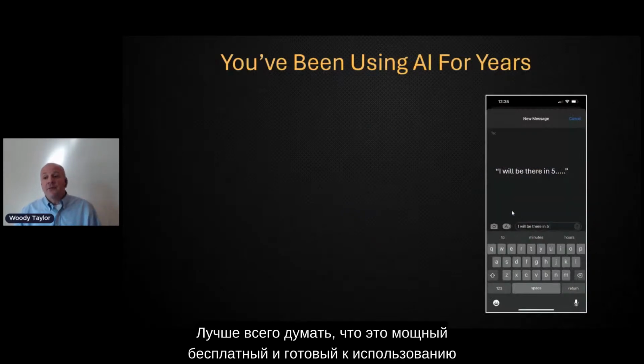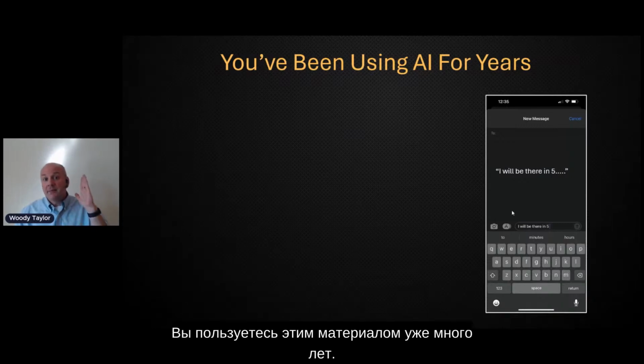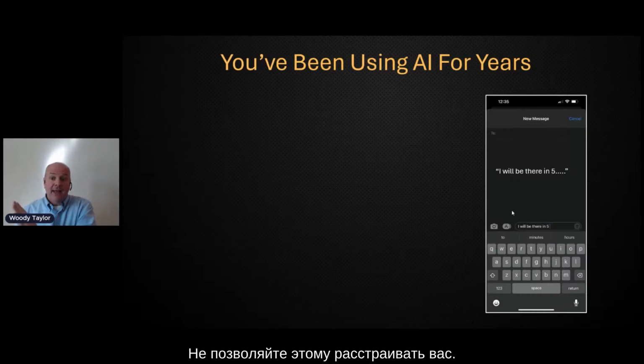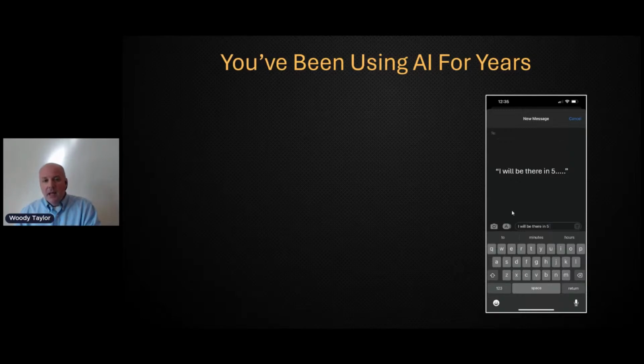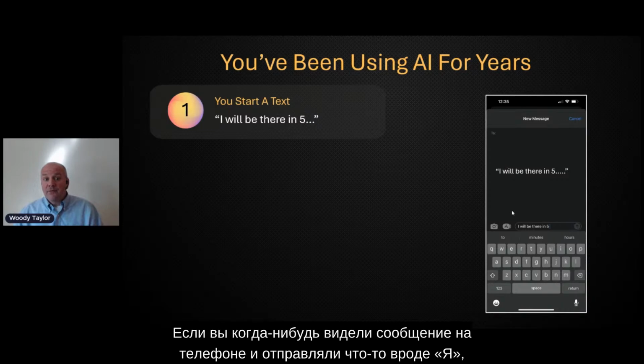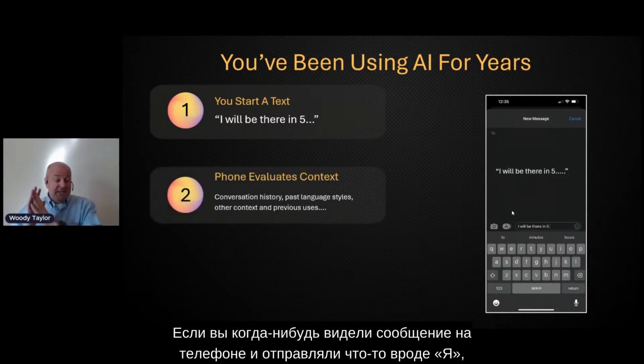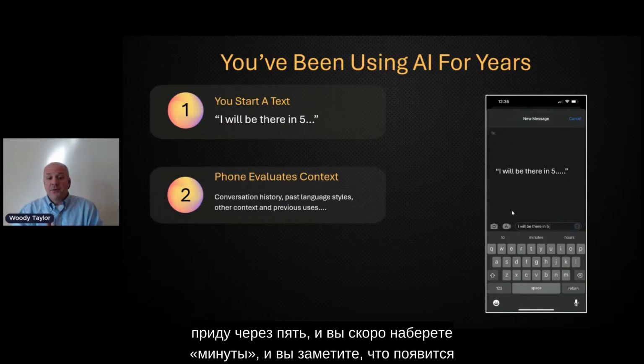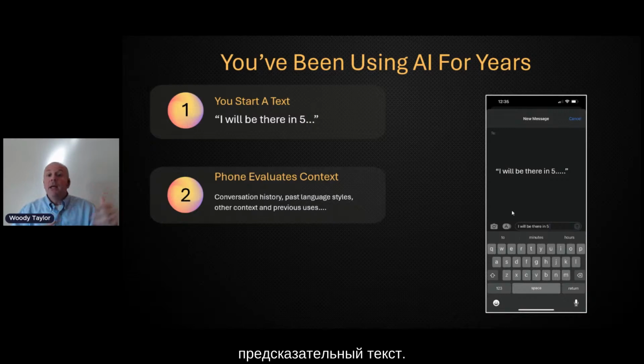And you've been using this stuff for years, so don't let it frustrate you. If you've ever sent a text on your phone and you've said something like, I will be there in 5, and you're about to type minutes, but you'll notice that predictive text starts to appear within your chat window. You start typing, I will be there in 5. Now your phone, and it doesn't matter which phone it is, if it's got autocorrect or autopredict, it's looking at your conversation history, what kind of language styles and interaction you have with those users, and everything else to really try to figure out what could be the next word